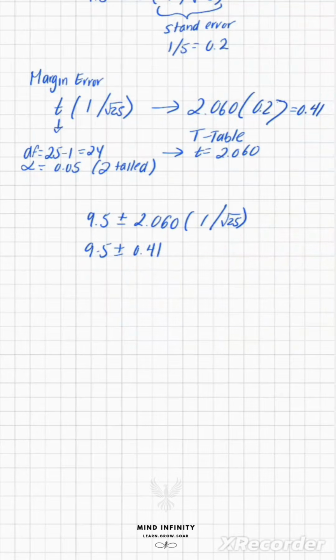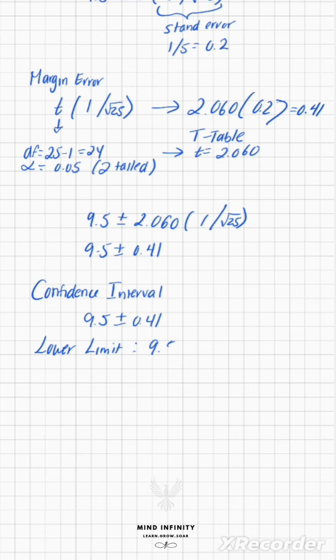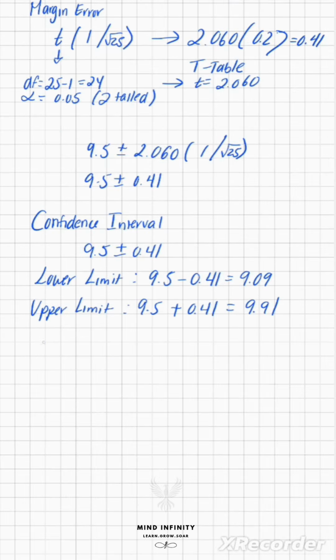The confidence interval is 9.5 plus or minus 0.41. The lower limit is 9.5 minus 0.41, which is equal to 9.09. The upper limit is 9.5 plus 0.41, which is equal to 9.91. Now what does this give? It gives a range to the estimate